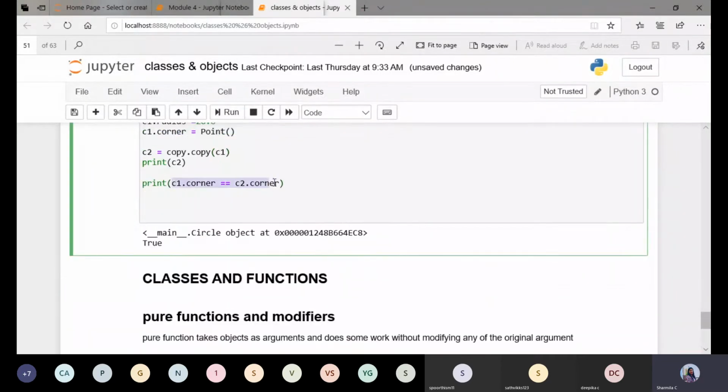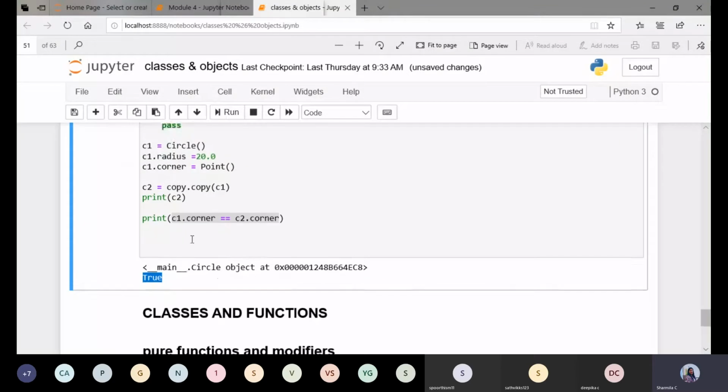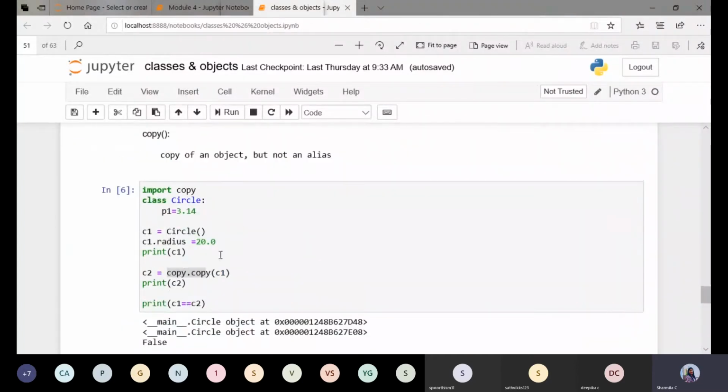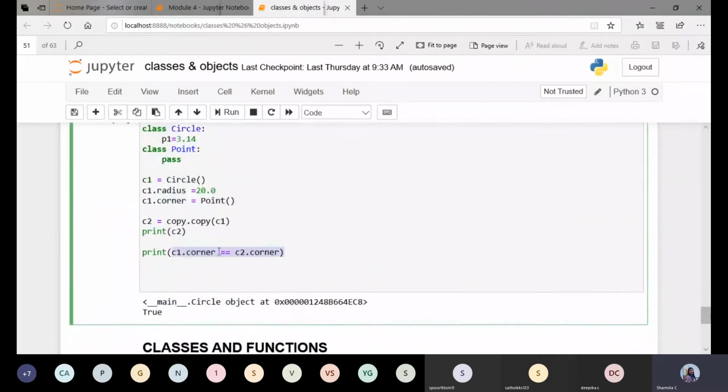You can see it is showing True, which should not happen, because this object and this object must be different, so it has to return False. Whenever we are creating objects of this type, copying one object to another is going to act in a different way compared with the previous example.